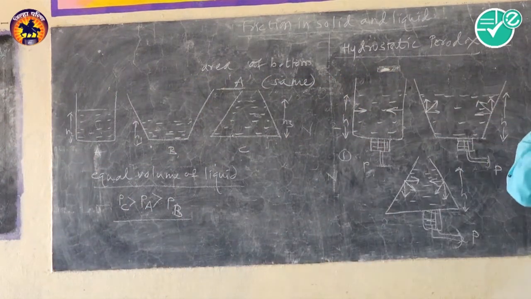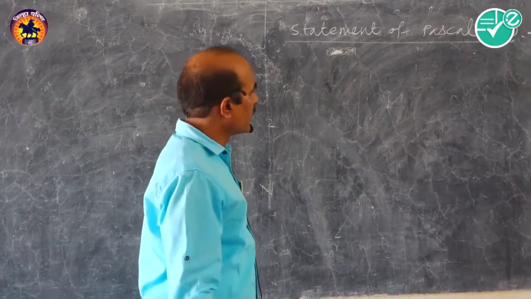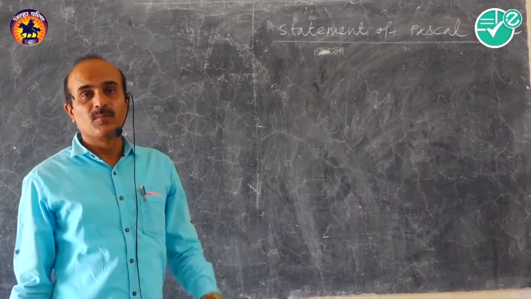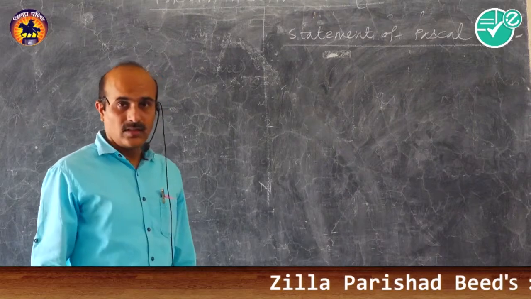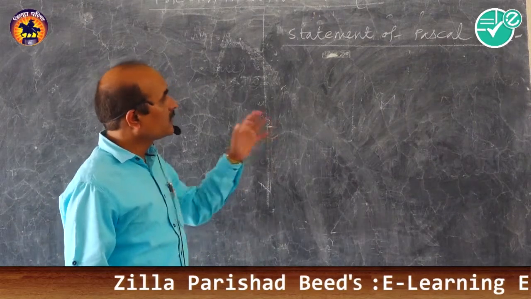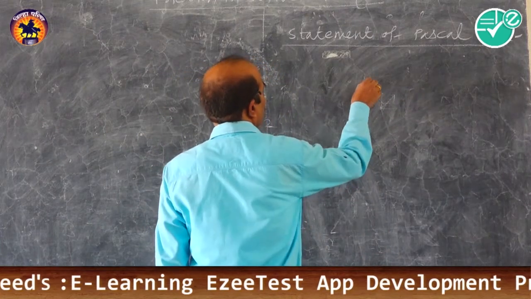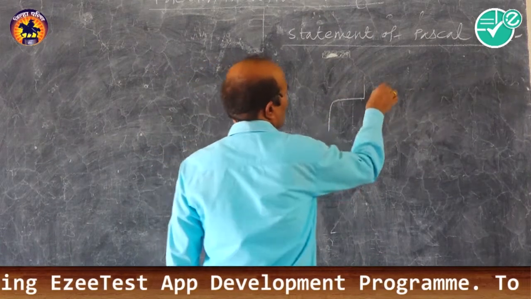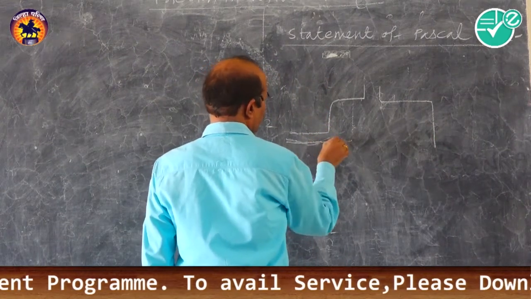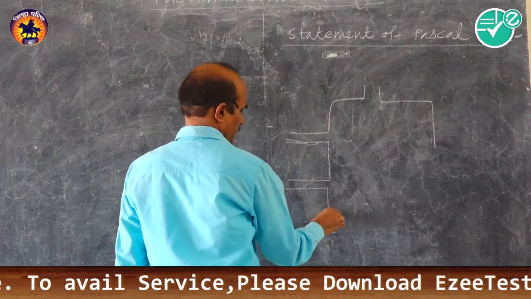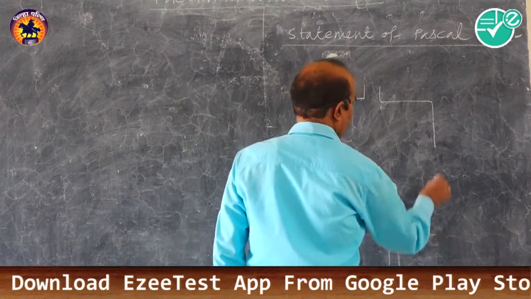Pressure not only exists on the wall of the container or on the solid immersed in the liquid, but it is also exerted in all directions. This is the statement of Pascal's law. It can be verified like this. I can draw the figure for it. It is a gas chamber, or we say a container. This is one container, and the pressure gauges are connected to this at every point.